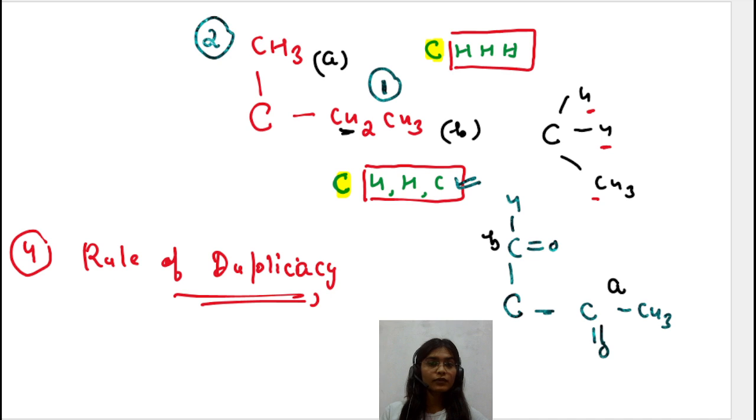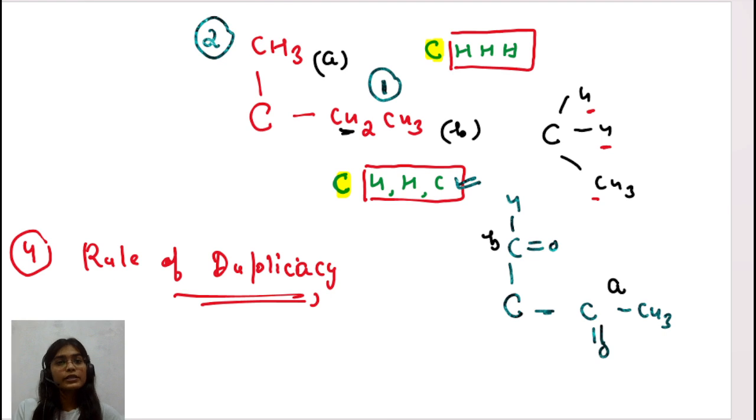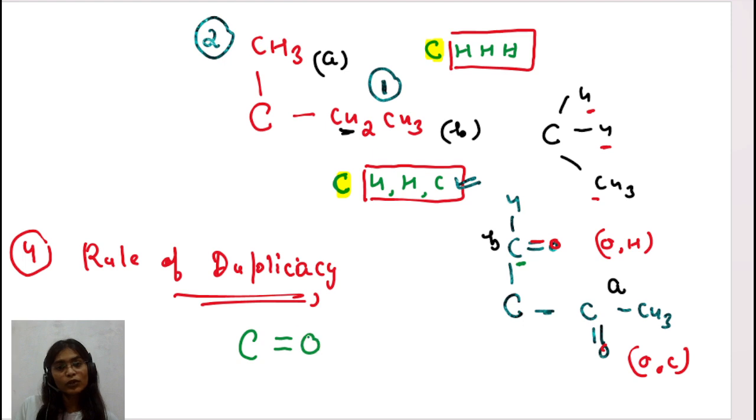Because if you have to check it for carbon, then you can say, ma'am, see if you observe this point here. What is happening? This carbon is connected with oxygen and hydrogen. Another one, look at this. I'm erasing the carbon so that the problem is not there. I'm simply explaining this carbon is connected with oxygen and hydrogen. Same here, this is connected with oxygen and carbon. If you do it this way, it's not good. What I want to explain to you is, for example, if we are having a carbon-carbon double bond, do you know how to solve this?